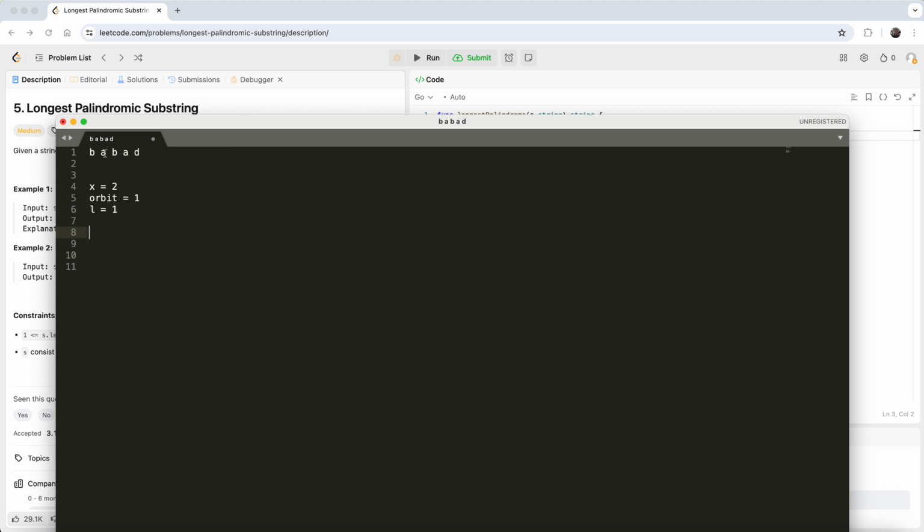Now x is 2, and we'll check x minus orbit. If I do x minus orbit, that is x minus 1, so I will go here, and I will check x plus 1, then I will go here. In this case that's the same. So I can check if x minus 1 equals x plus 1. I'm just giving the values, but we are checking the character at that position. If it is the same character, like let's say here,